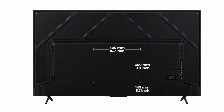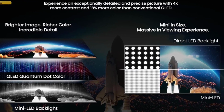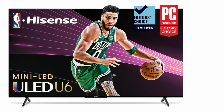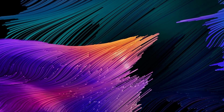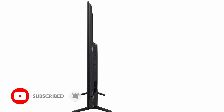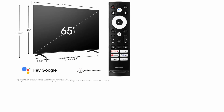on picture quality. The TV uses quantum dots and full-array local dimming, which are features typically reserved for mid-range and high-end display models. Even better, the U6K also uses a mini LED backlight, which enables it to have even more precise control over its light output. At a typical sale price of just $550, the 65-inch U6K is the most affordable mini LED TV we've ever